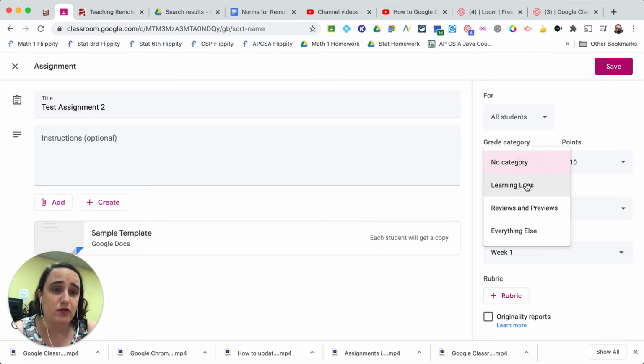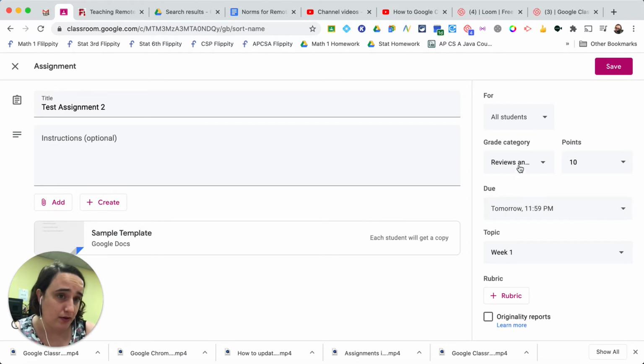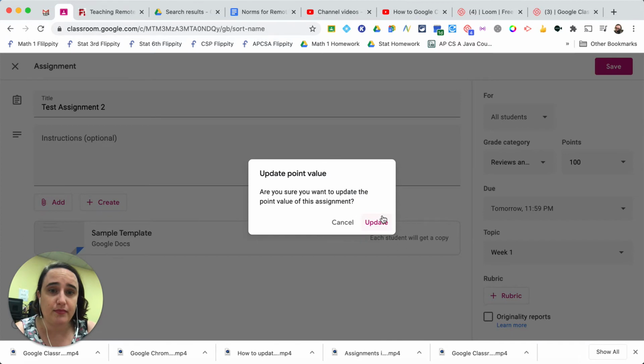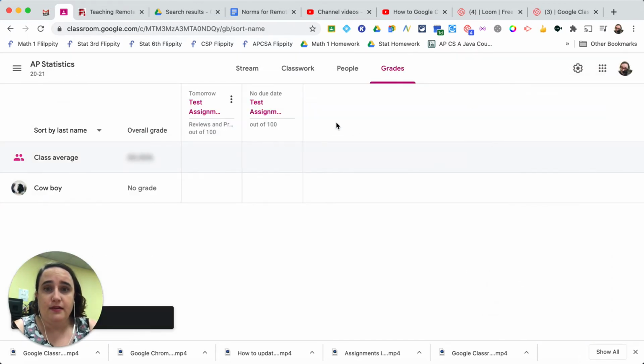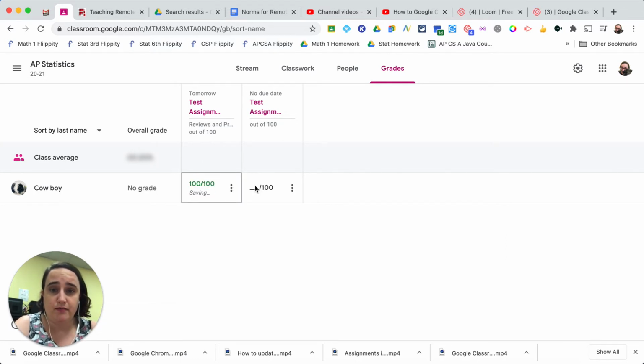Otherwise, you can see over here I have the categories that I had set up earlier in my settings video. I can assign a certain number of points to each assignment, the due date, the topic, etc. I can also create or assign a rubric to help me grade it. Other features you'll see, you can either type the grade directly in here on the gradebook,